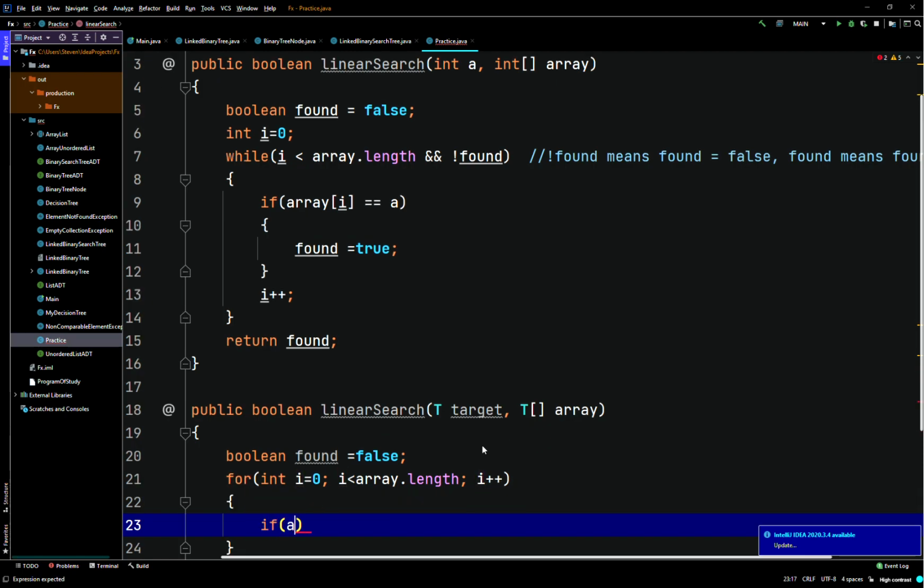Then we'll say if array of index I dot equals target,